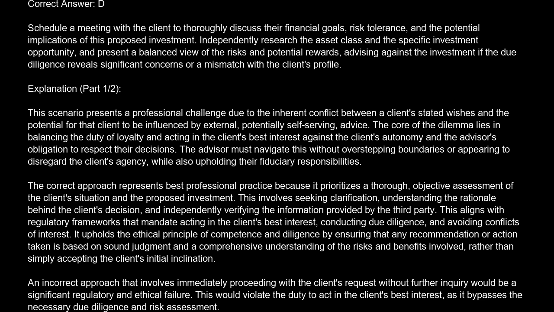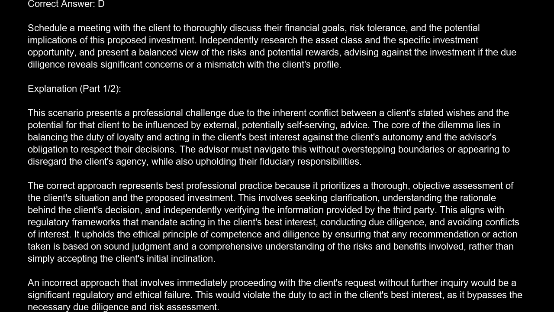potential for that client to be influenced by external, potentially self-serving advice. The core of the dilemma lies in balancing the duty of loyalty and acting in the client's best interest against the client's autonomy and the advisor's obligation to respect their decisions. The advisor must navigate this without overstepping boundaries or appearing to disregard the client's agency, while also upholding their fiduciary responsibilities. The correct approach represents best professional practice because it prioritizes a thorough, objective assessment of the client's situation and